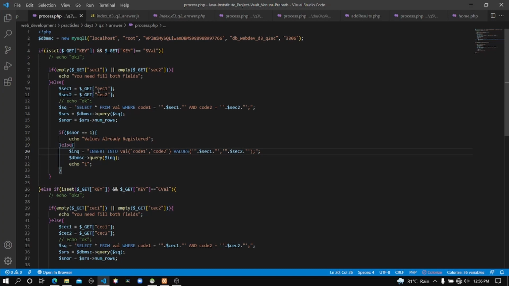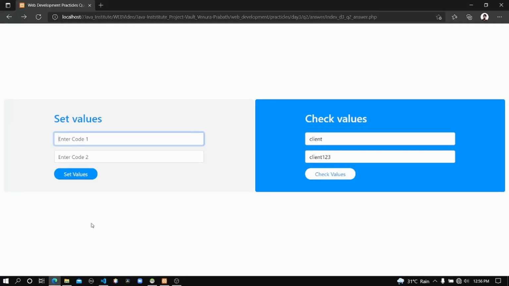That means the value is already registered in the database. If snor is not equal to 1, that means there's no value recorded in the database equal to the values the user entered in these two fields.